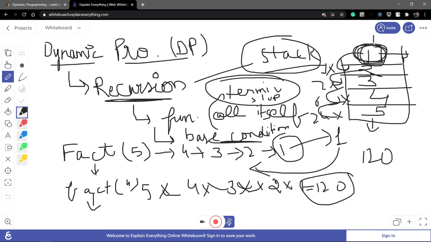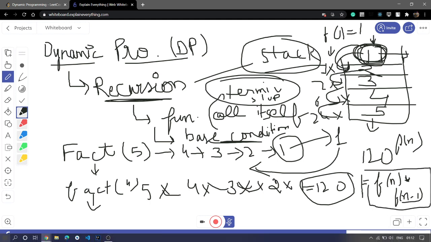After reaching the base condition, we return the fixed value. I already know factorial of 1 equals 1, and we have to find factorial of n equal to n multiplied by factorial of n minus 1.